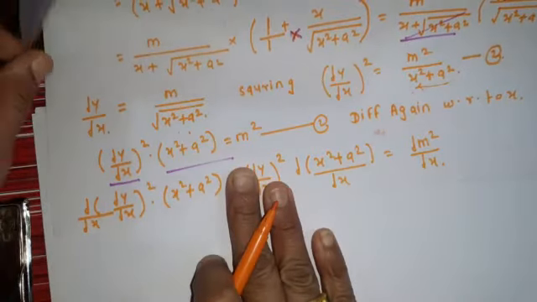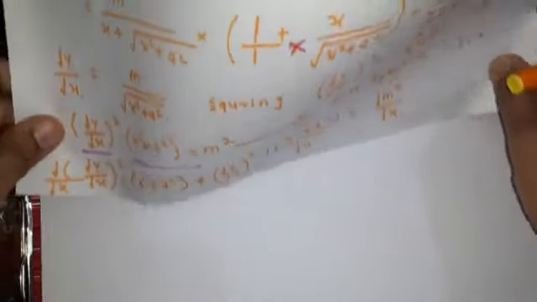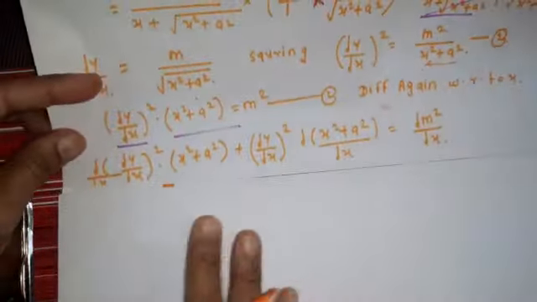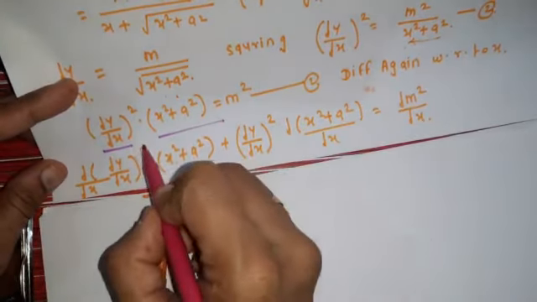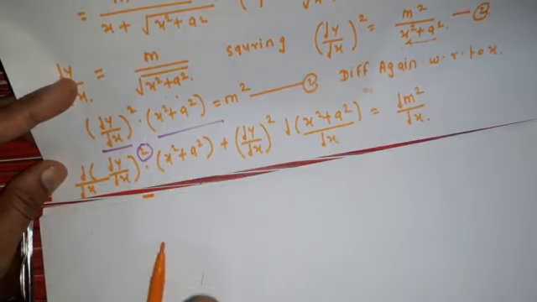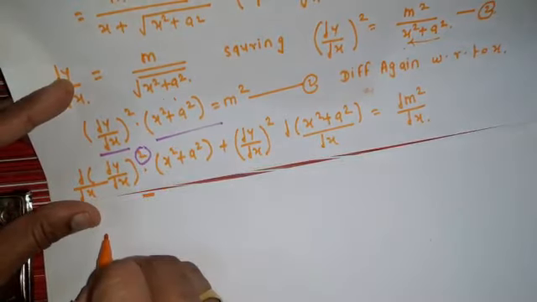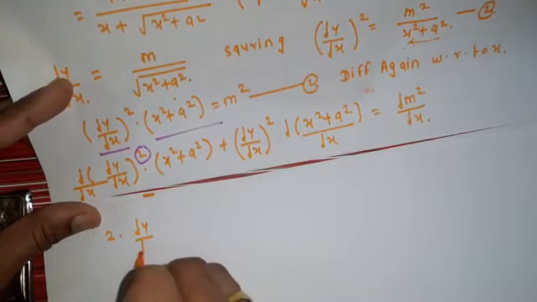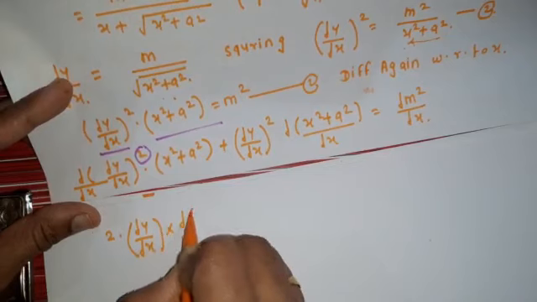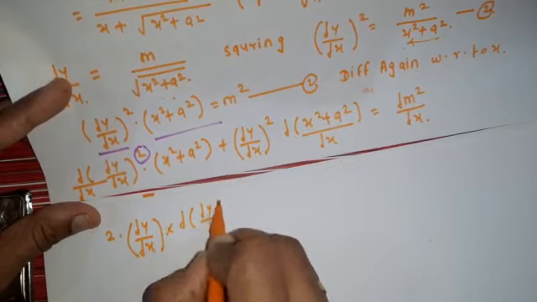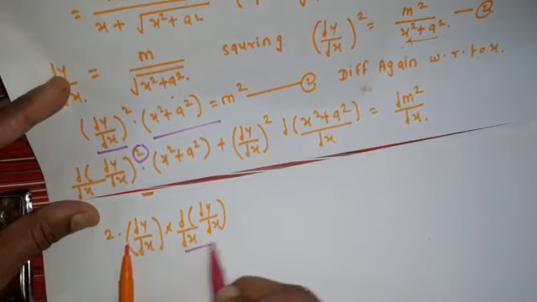Okay students, now see, this is equal to, so differentiation of dy by dx whole square by using the power rule, that is the x raised to n formula. The n is 2 here and therefore dy by dx raised to 2, that is 2 into dy by dx raised to 2 minus 1 is 1, and into differentiation of dy by dx with respect to x. Note this step students, every time you have to note this step.